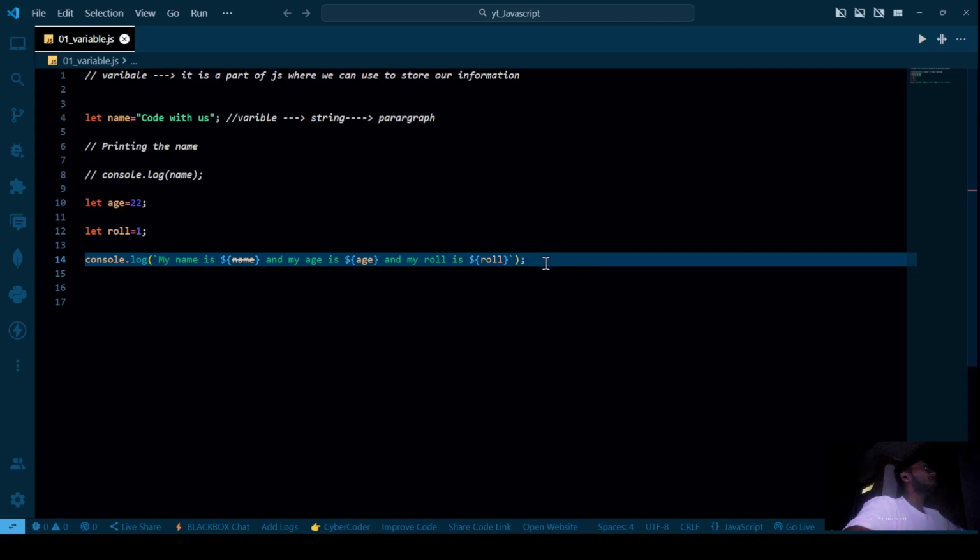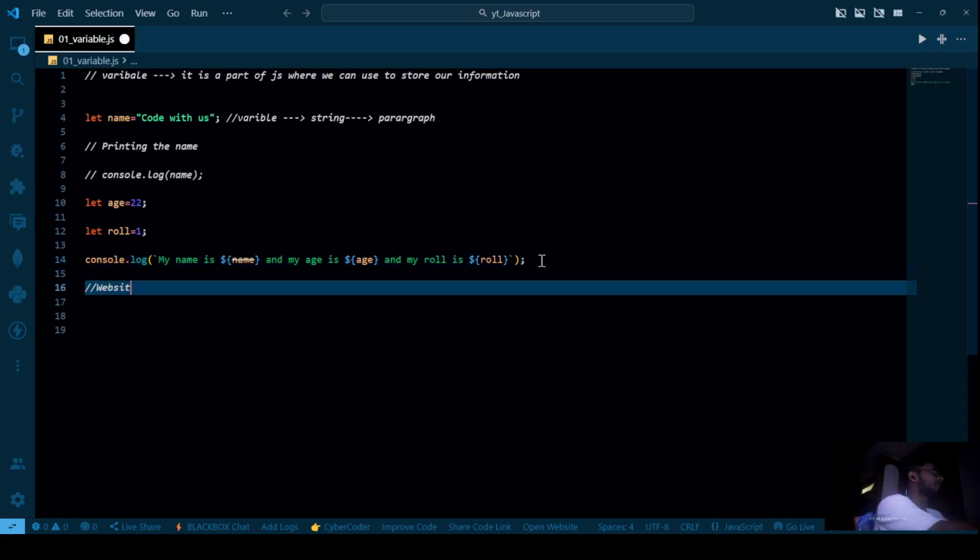Now, the main thing, why we are learning JavaScript. As I told earlier, for building any website, or any app, or any web service, where we are basically dealing with the database, or microservices, at that time we need this language.